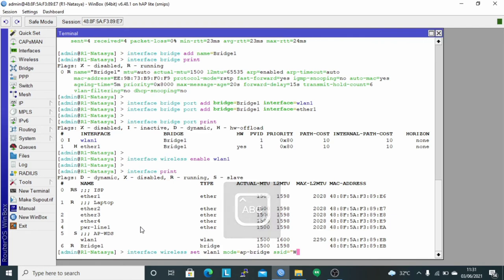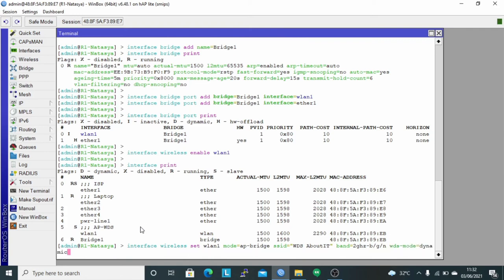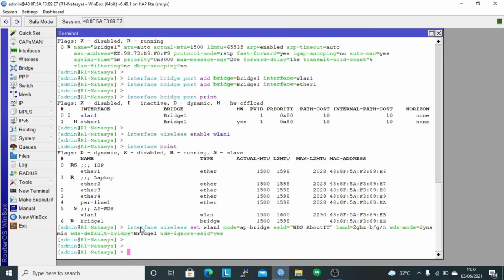Here I use the SSID WDS-about-IT, using band 2GHz-B/G/N, wds-mode is dynamic, wds-default-bridge is using interface bridge1, and wds-ignore-ssid yes.